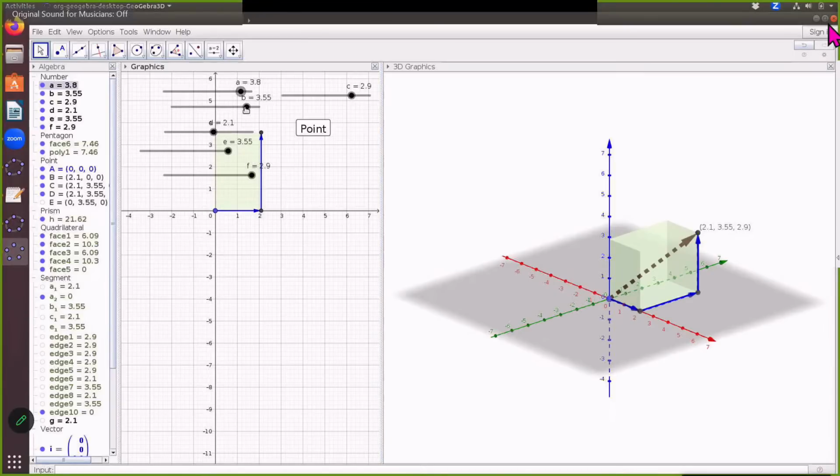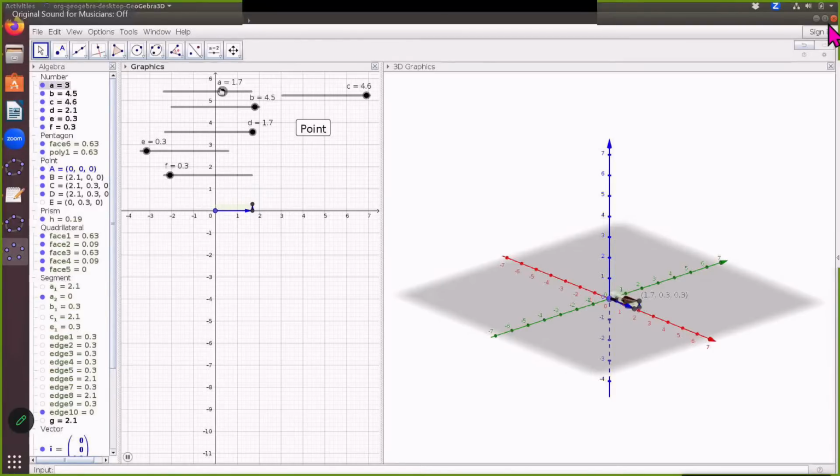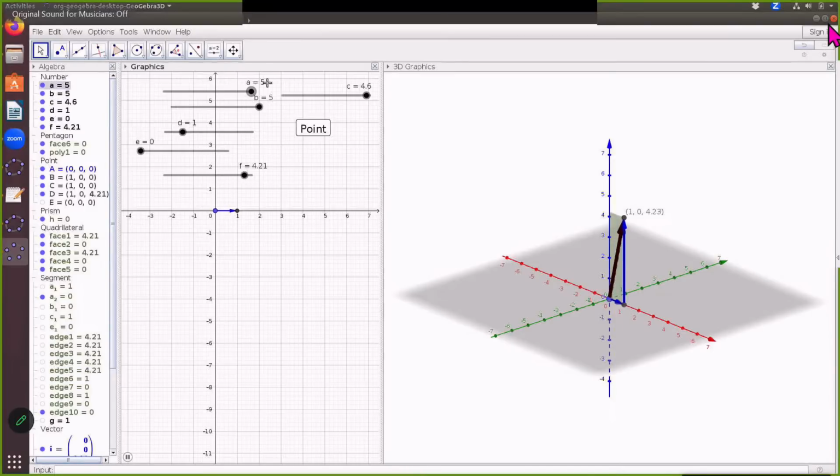Okay, one is called A, the x coordinate, the other is B, the y coordinate, and so on. Okay, so if you look at this A, B, and C, you can see that if I change A, B, and C, then say I have fixed it to 5, 5 and 4.6, and when I click on point, you can see that